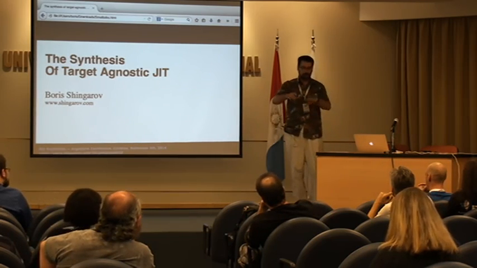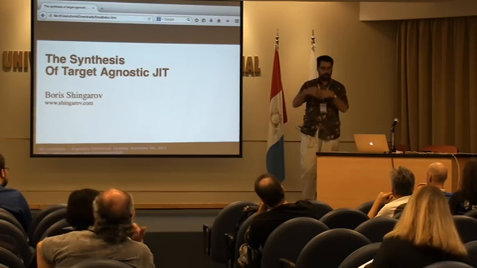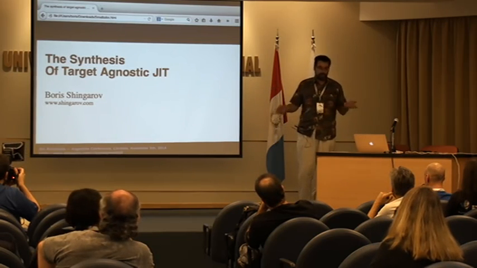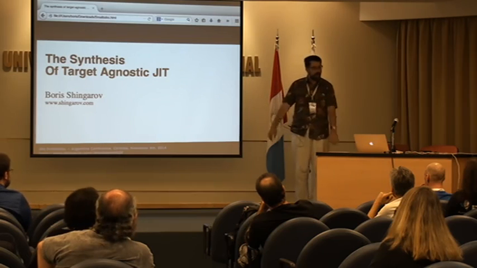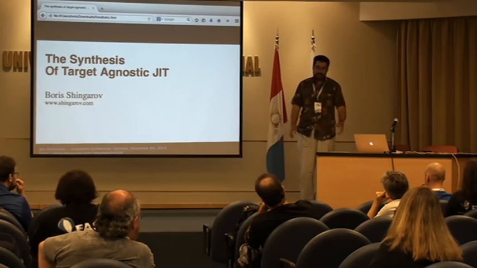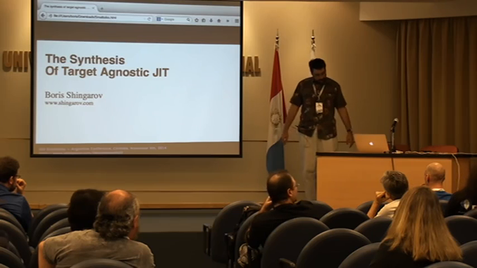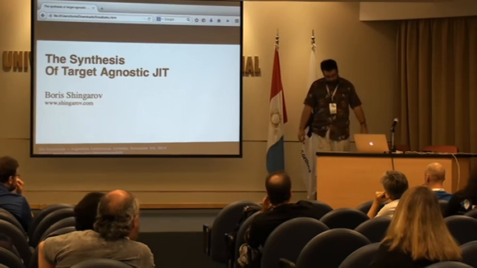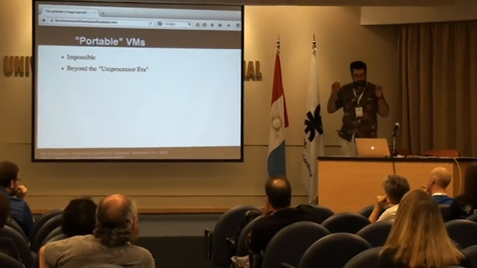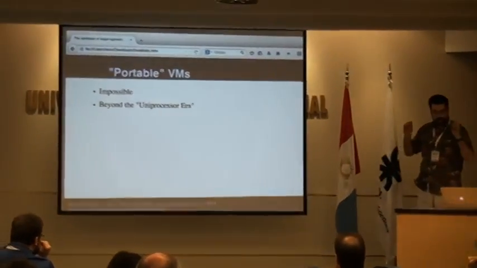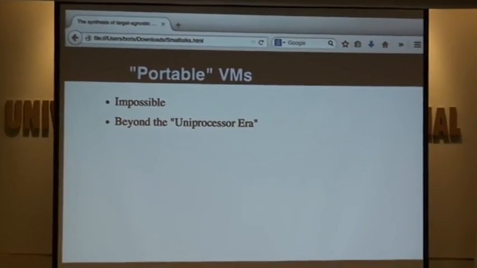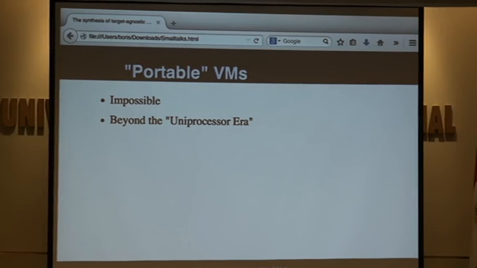There are different nuances of library functions. How do I talk to the network? Because the execution engine is not all, right? I need to be able to talk to sockets. I need to be able to open files. I have to study all that, right? POSIX, well, yeah, but that's not enough. So yeah, platform quirks, all that. So, beyond living in the uniprocessor era, saying, well, portable VMs in the traditional sense, that's impossible. Okay, well, is there a better way?